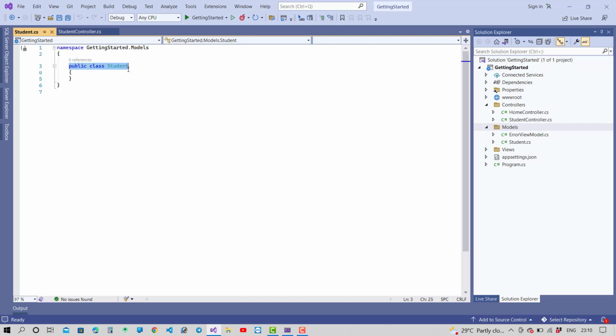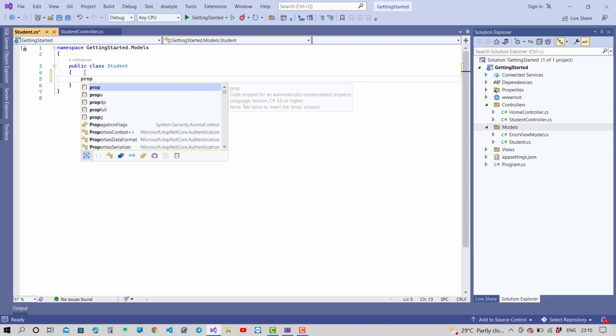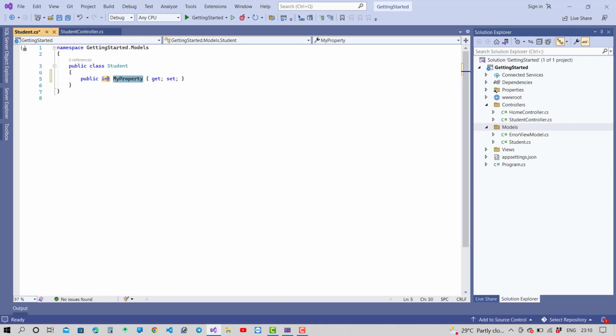And here we have a student class. In ASP.NET Core, when you create a database table, the table is related to your class, or you can say that table equals model class. So Student is a table name, or you can say an entity in the project. By default, if you want to take any parameter